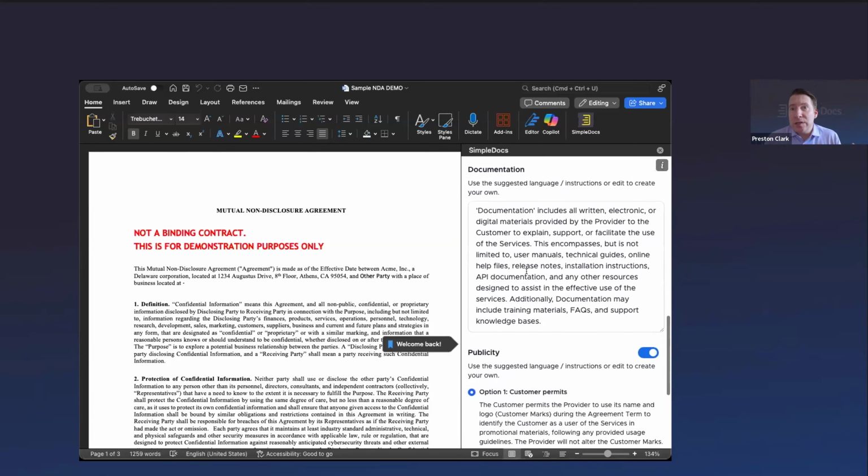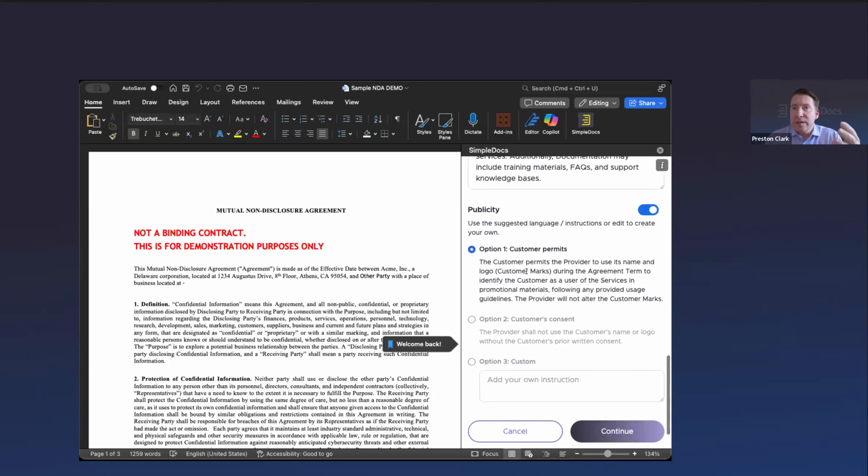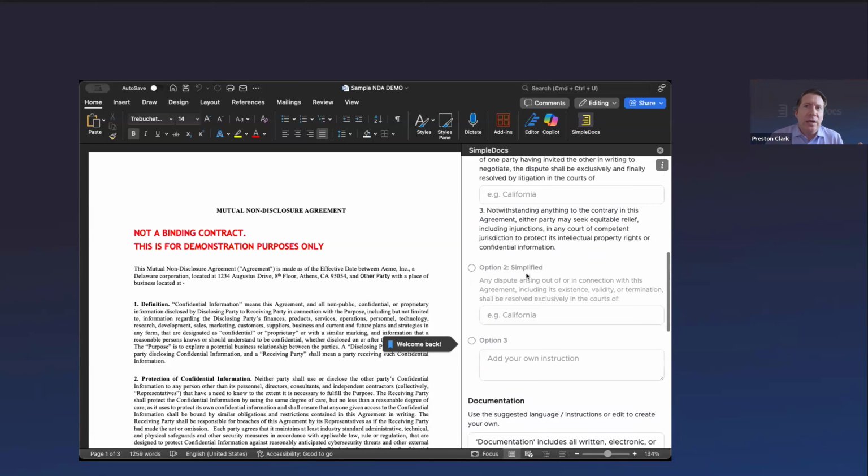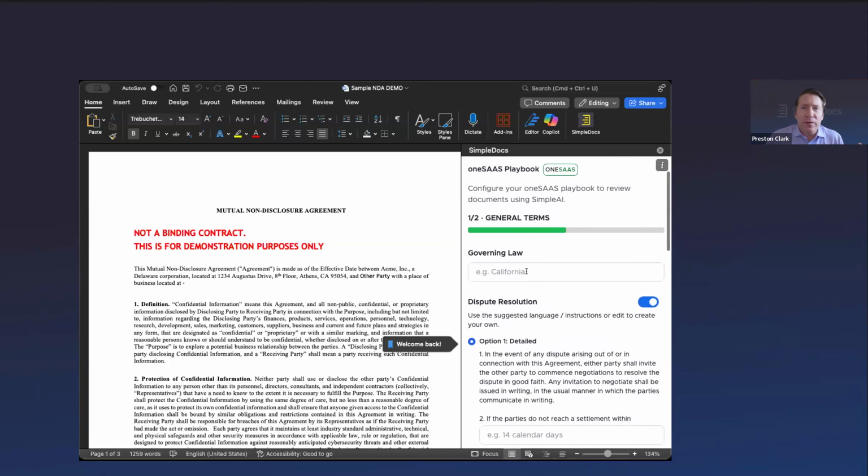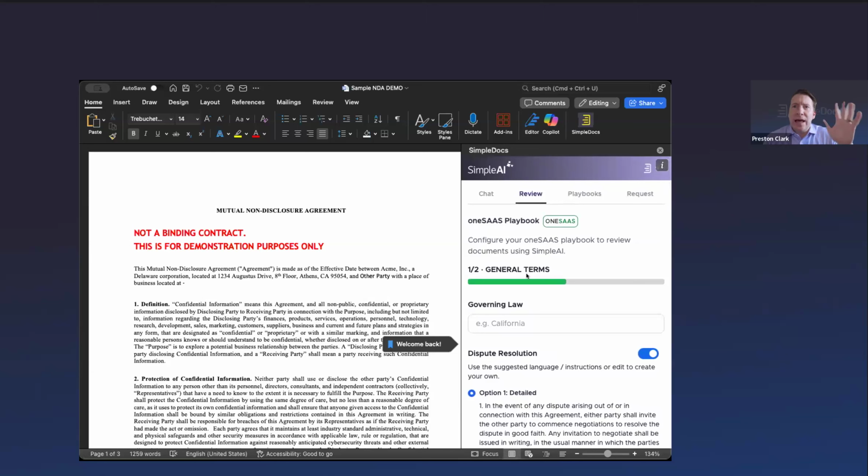So you can make changes to these different options relating to publicity. You can change your governing law, whatever it may be. We don't call this a custom version, we call this a configured version of these standard playbooks.